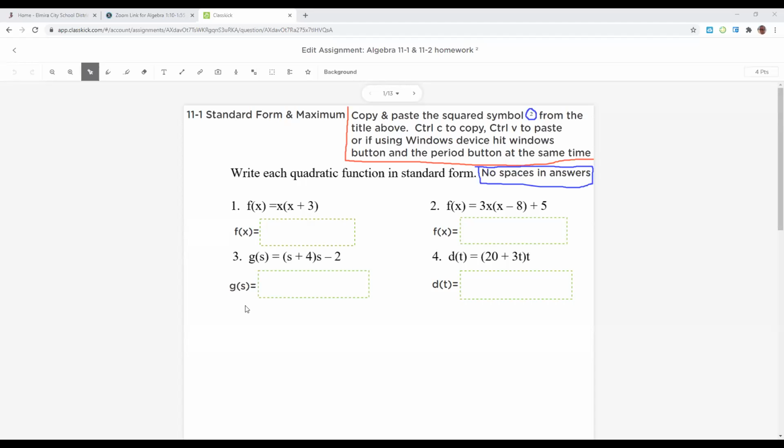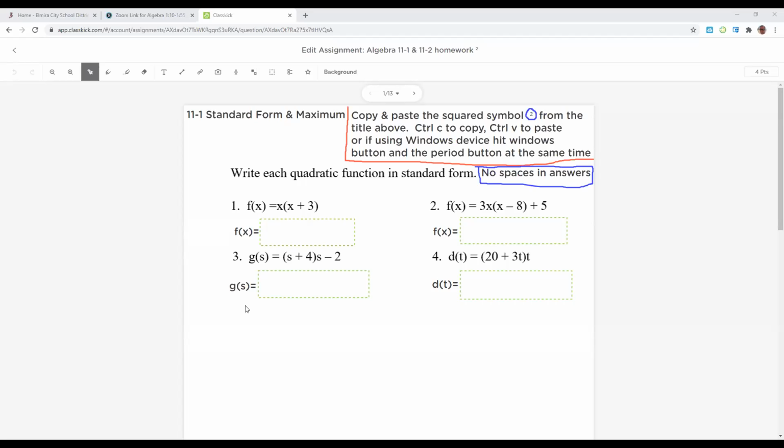So in 11-1, what we're doing today is putting things into standard form. All right, there's a couple different kinds of problems that we're going to have. One of the things is remembering how to do the distributive property. With the distributive property, you take the number outside the parentheses